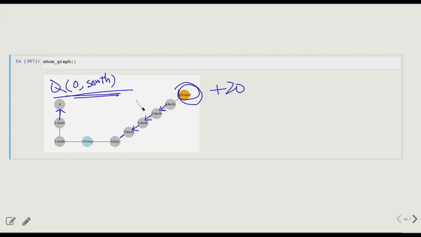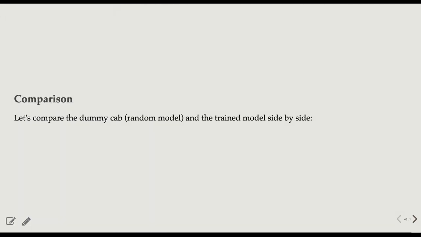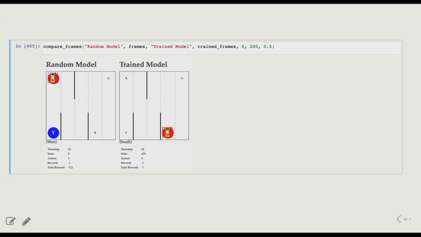Overall, the Q learning policy will help improve the taxi cab's behavior toward greater long-term rewards. So let's compare the dummy cab and the trained model side by side for a final comparison. So let's run the model. On the left is the random model, on the right is the trained model. And it is easy to tell that while the random model continues to lose and accumulate penalties, the trained model on the right is much smarter in knowing how to move directly to pick up and drop off locations to